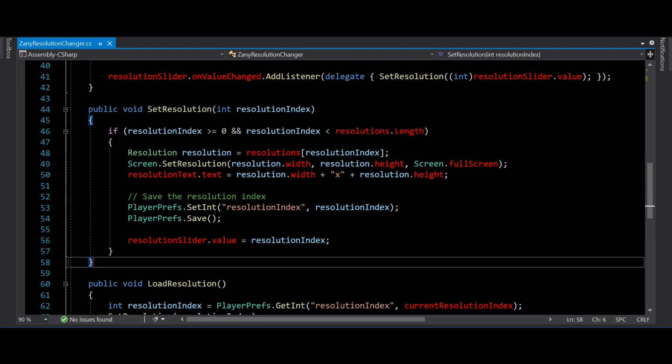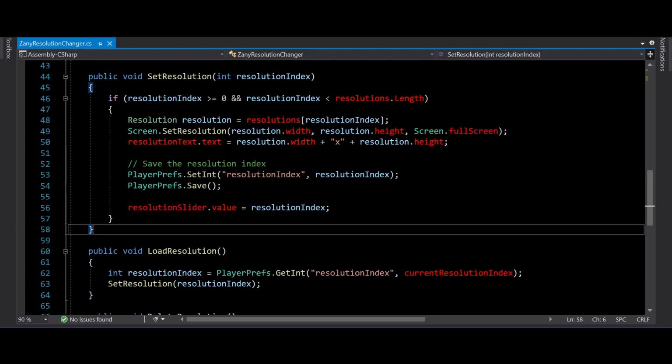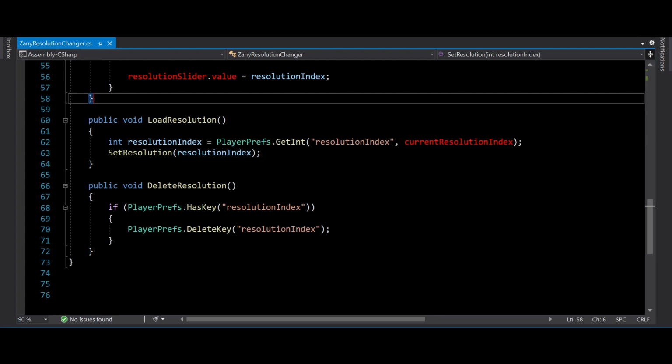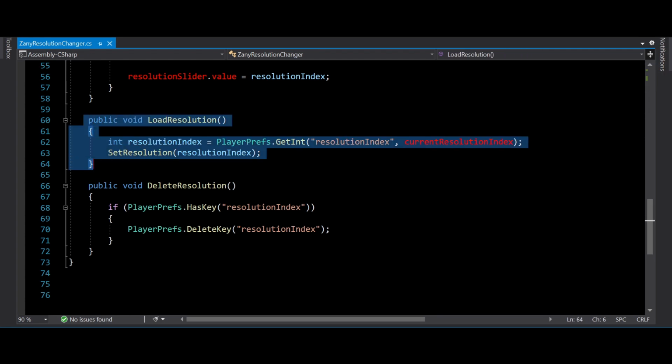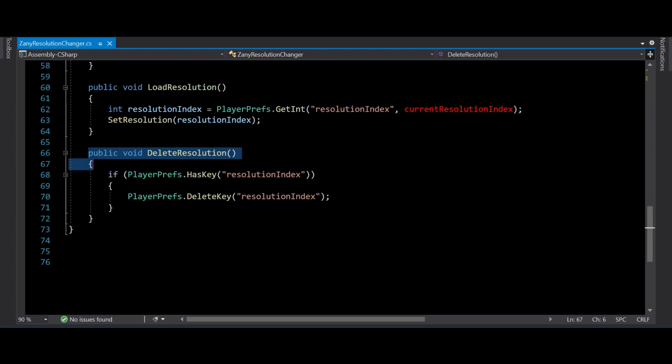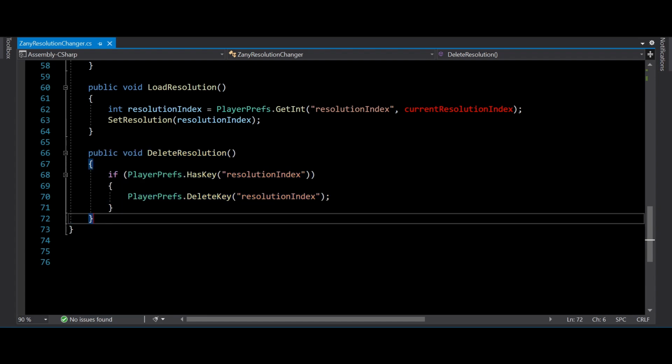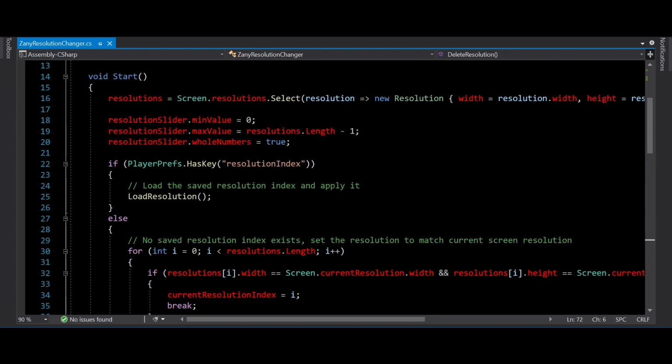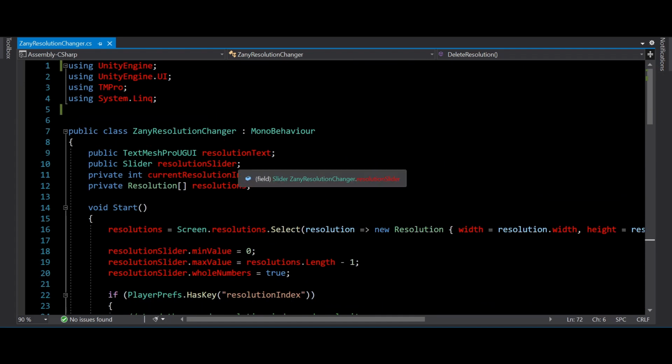Finally, in the SetResolution function, we are setting the resolution and updating the screen while automatically saving the changes that we made. I have the rest of the functions below: load and delete. Those are pretty much self-explanatory. Loading up the options, deleting the options. You could choose how you want to do that as well. But the load happens automatically on start. So you could take that out if you want and do a different way of loading those options,